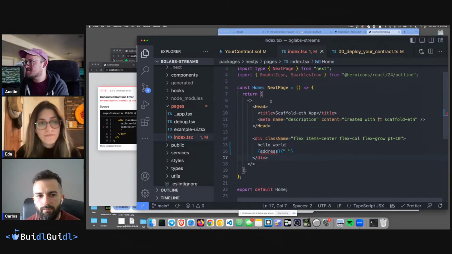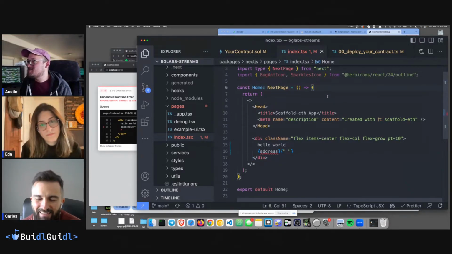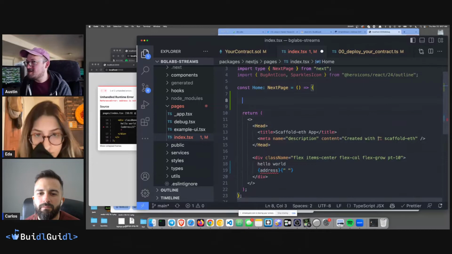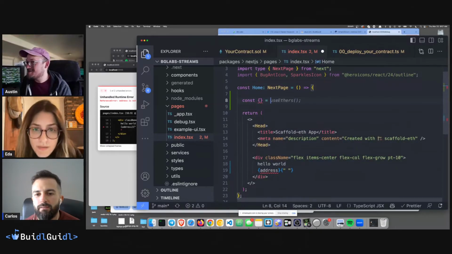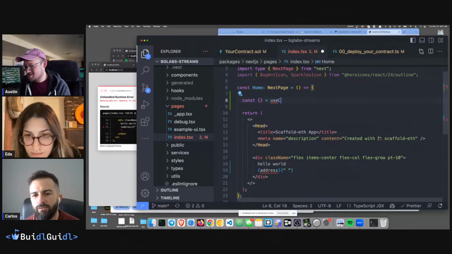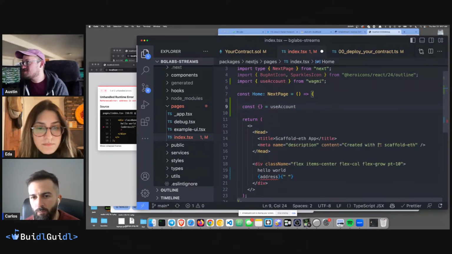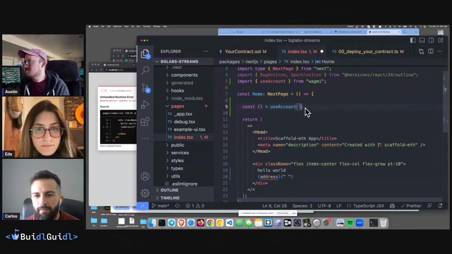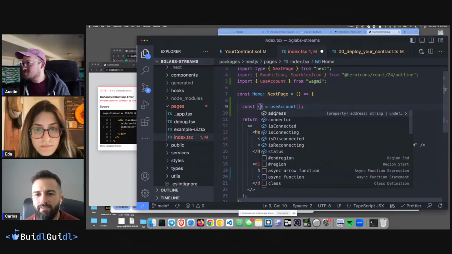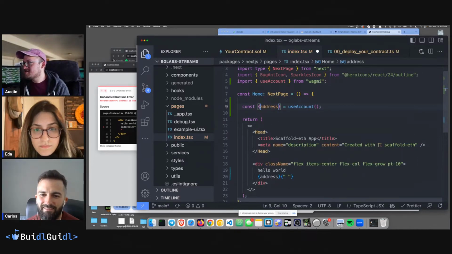So what we need to do is a const something. It's going to be useAccount. I think it's account. Yeah, that's like WAGMI. And then come back over here, and it's probably going to tell me, yep, nice. I want the address. Very nice.